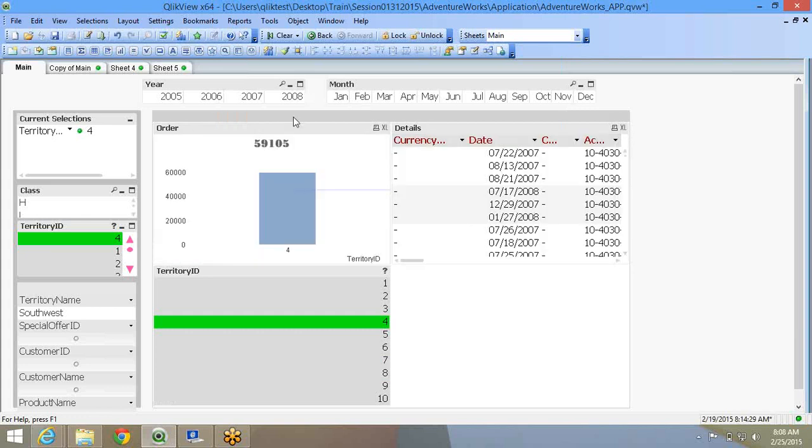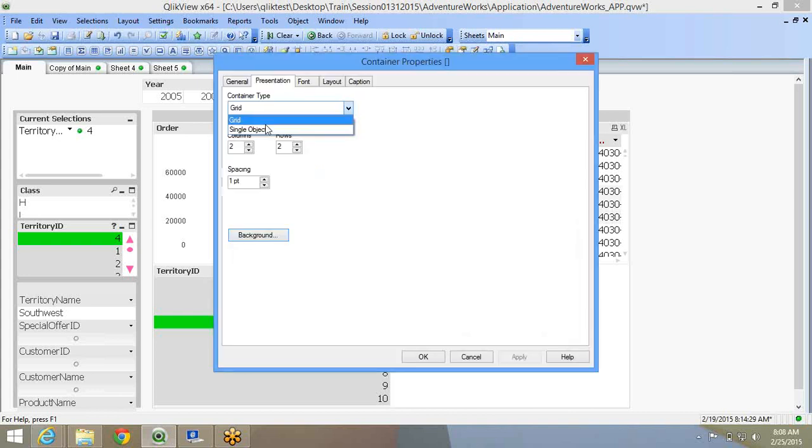Or you can go to, I think single object is something that I often use. The tabs are on the left, you can put them on the top so that this becomes more elegant. The order, details, territory. So you can deal with it however you want to.